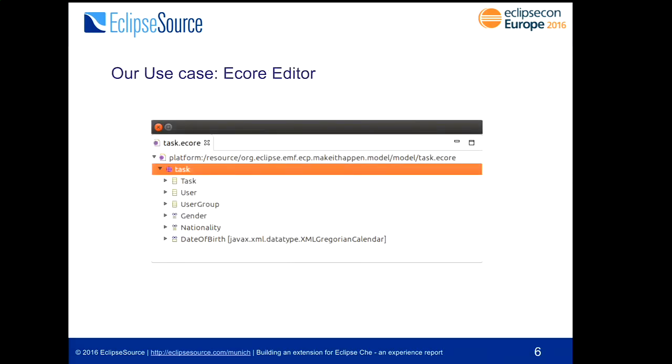Okay, so let's talk about the concrete use case that we worked on. We wanted to have EMF support in Che, and that mainly consists of an Ecore editor. That's the Ecore editor of Eclipse that you might be familiar with. If you're not familiar with EMF, then just imagine we want to support a tree-based editor and load data and